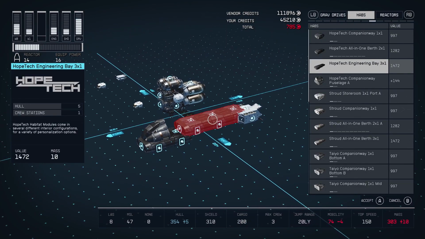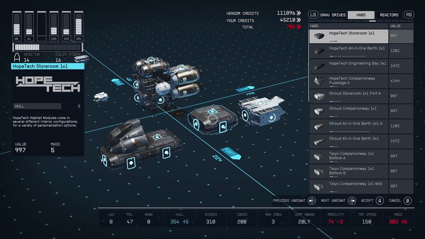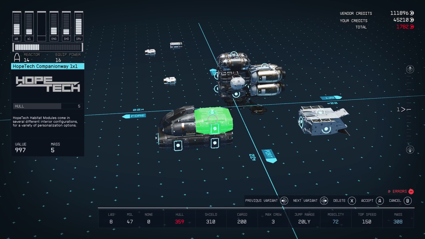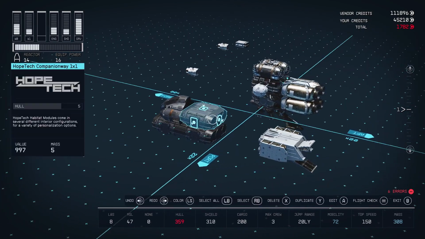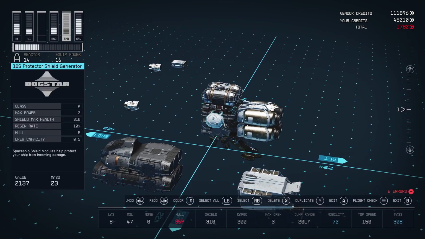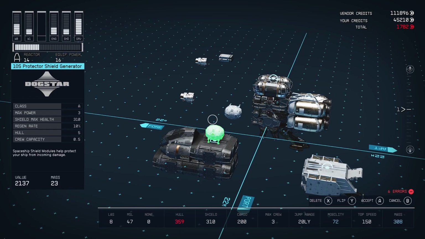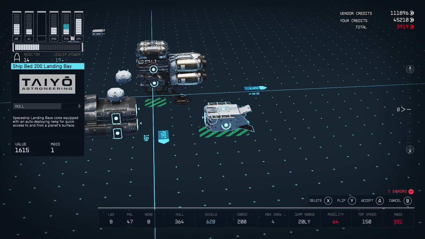So let's go with a Hope Tech 1x1 companionway or storeroom. Storerooms tend to have like carts and larger tub things. I don't know, I'm still trying to figure it out. I think they might switch it up from manufacturer to manufacturer, so I'm going to have to do like a showroom with every single 1x1 and see what it looks like. Let's get this shield here. Okay. So what I'm doing with this is I'm trying to go for a longer...